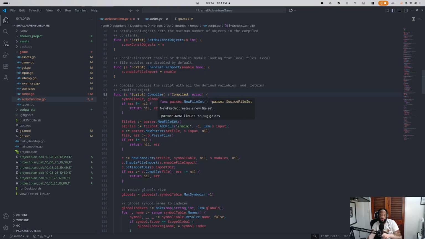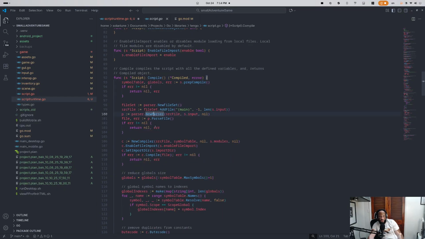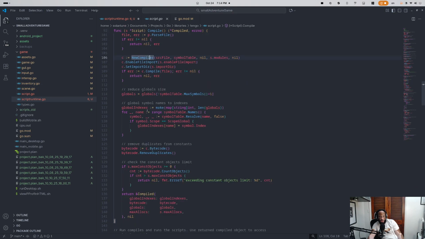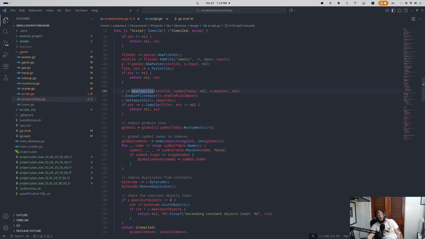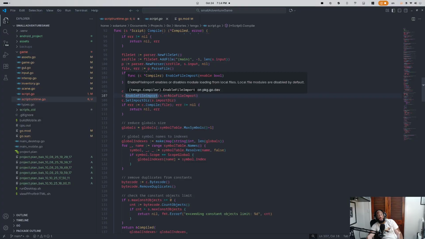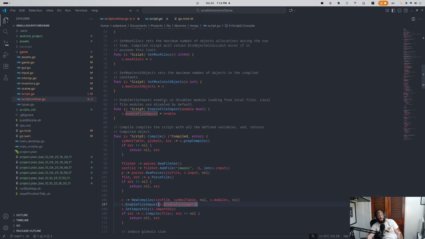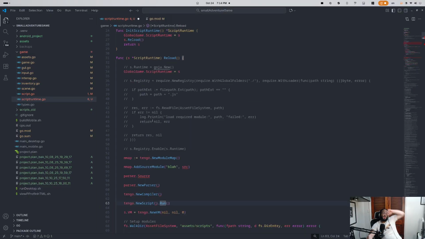We add a file to it, main, okay, we set a new parser, we create a new compiler. Well, the issue here, enable file import, huh? Enable file import. Okay, so